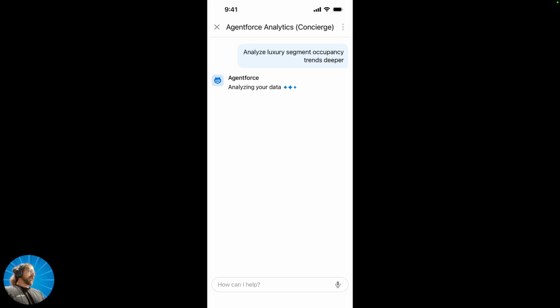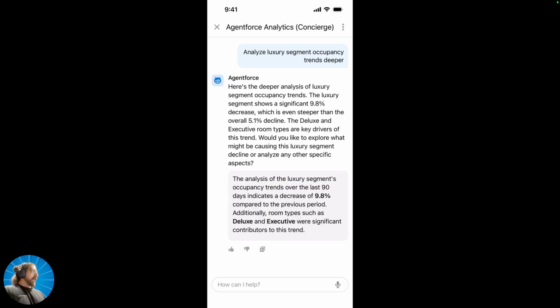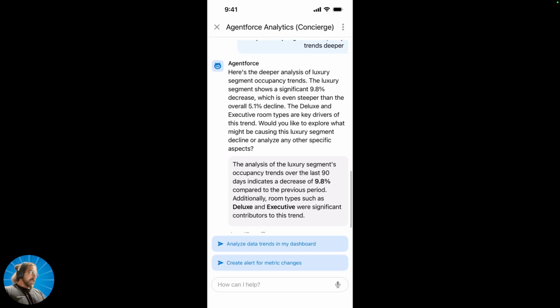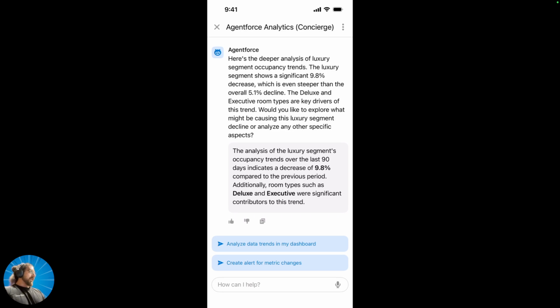You'll notice again my agent leveraging the semantic layer within our Data 360, no matter where that data is coming from. And remember, there are a lot of different strategies to ingest that data. So there could be real-time data, we don't even need to move that data to our Data 360, or it could be, of course, a batch. But the beauty about my Agentforce in here is the response is going to be contextual and it's going to be trusted. So I can see the analysis of the luxury segment over the last 90 days.